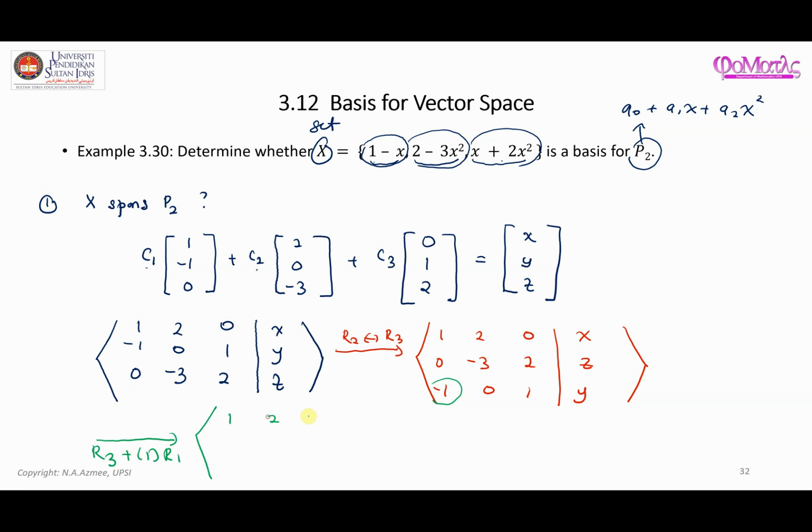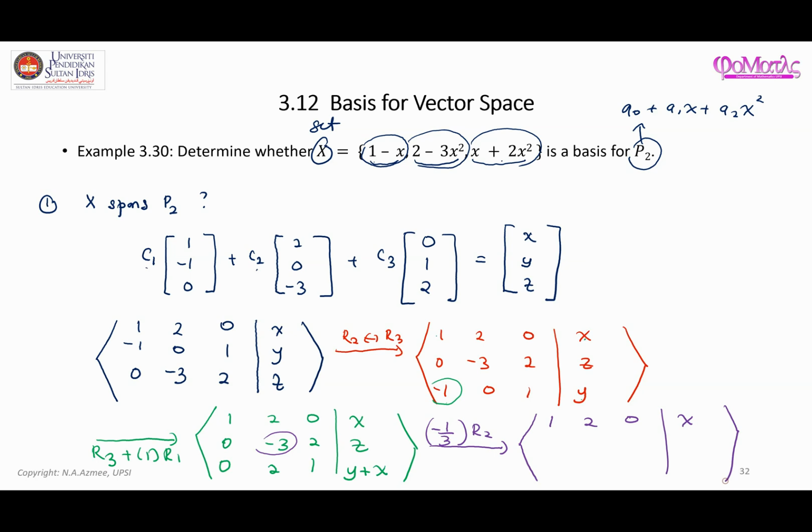So I will change the third row with this operation, R3 plus R1. And the result here becomes 1, 2, 0, x, 0, -3, 2, z. So here -1 plus 1 is 0, 0 plus 2 is 2, 1 plus 0 is 1. And then we have y plus x. Okay, right. Next I'm going to turn this part here into +1. So I will multiply the second row by -1 over 3. And the result that I will get is 1, 2, 0, x. So here is 0, this is 1, this is -2 over 3, and this will be -z over 3. Then 0, 2, 1, y plus x. Okay,